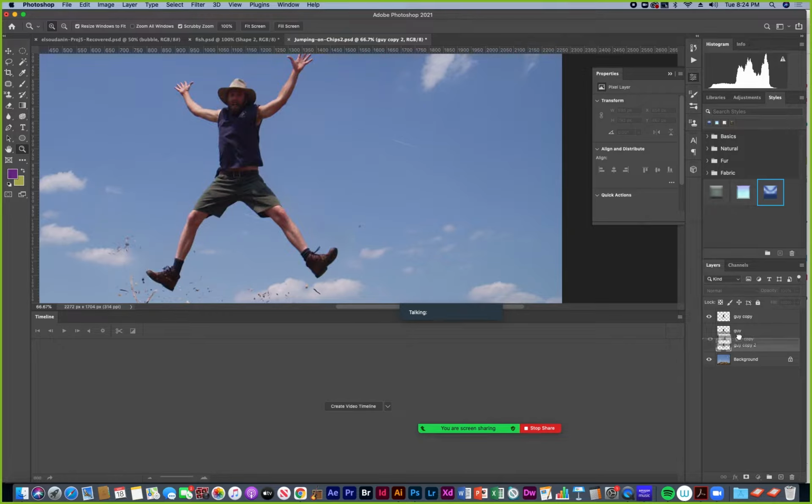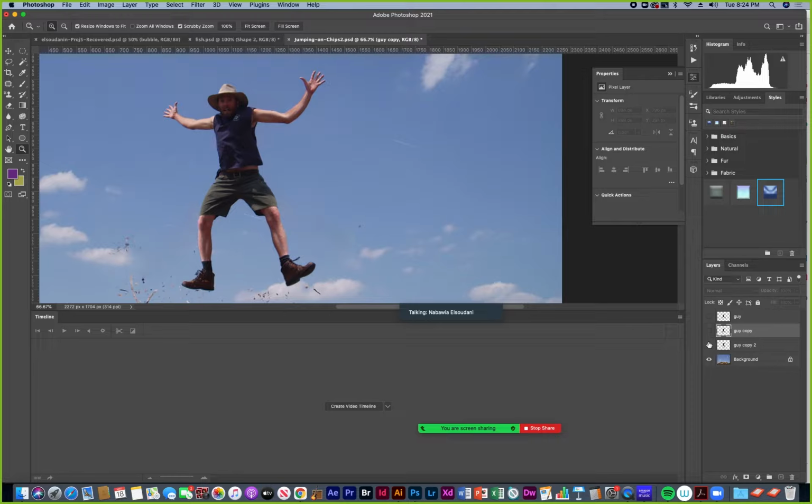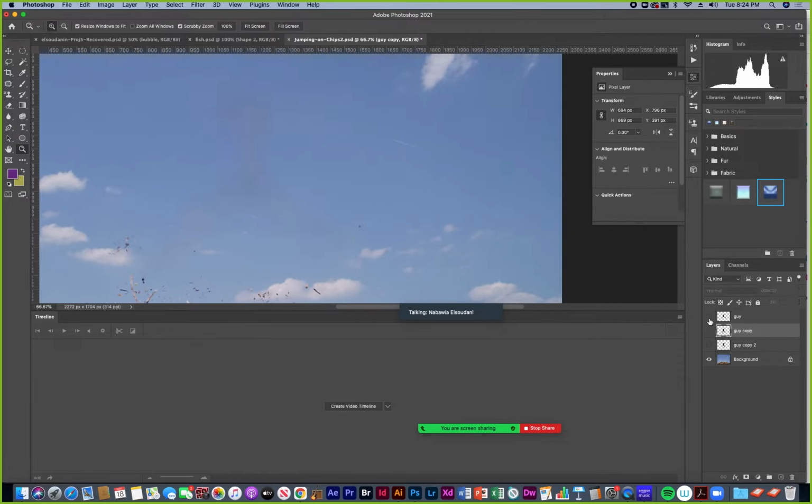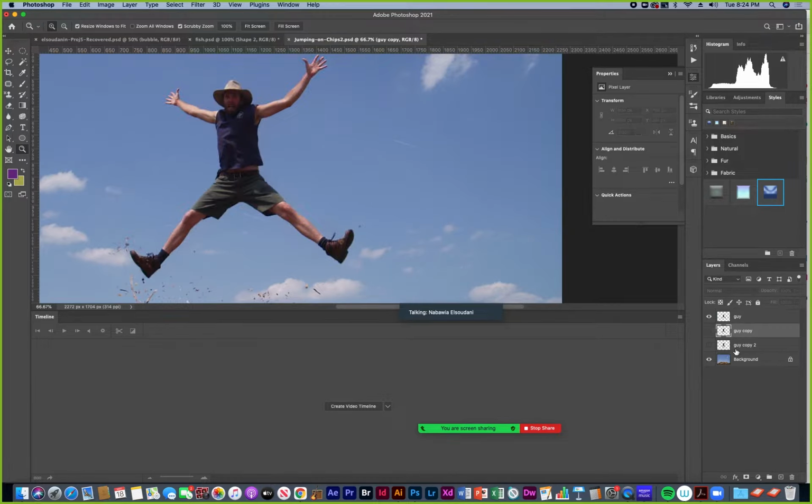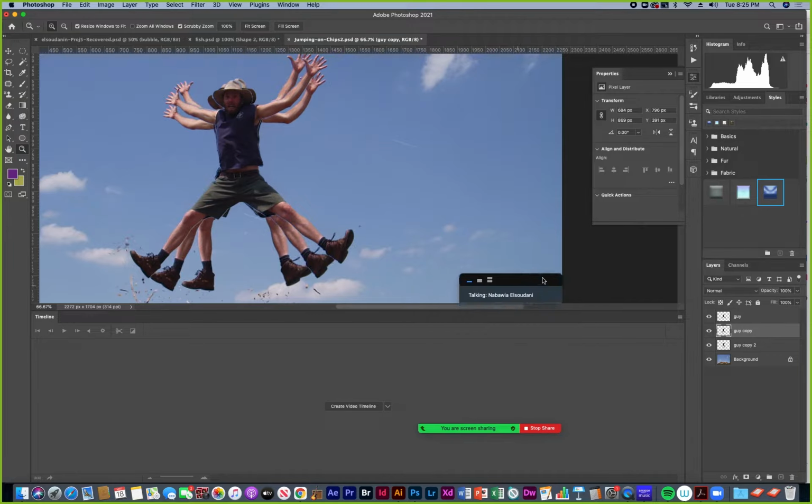No, let's reorder them. So this one, then this one, then this one. Okay, so now we got the layers. Alright, so I have these 3 positions for the guy, and now I can create a frame animation from that.